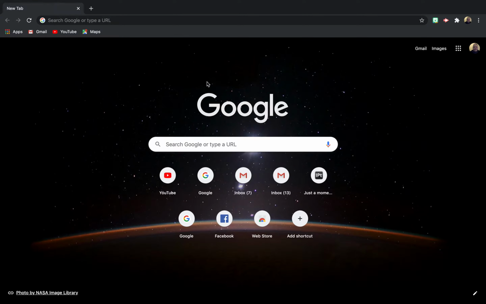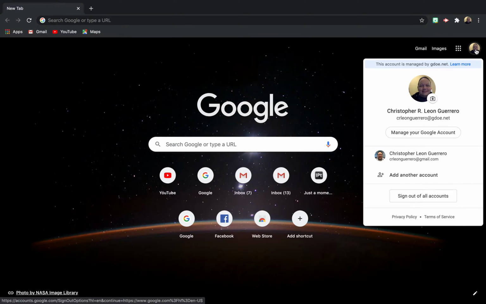Once you've opened up your Google Chrome, hopefully you are on the Google homepage. If not, then please go to the Google homepage by typing in google.com and it should take you here. Then here in the top right, you should have access to see the account that you are logged into. So I am already logged in. I'm just going to verify, and I see that I have myself logged in,